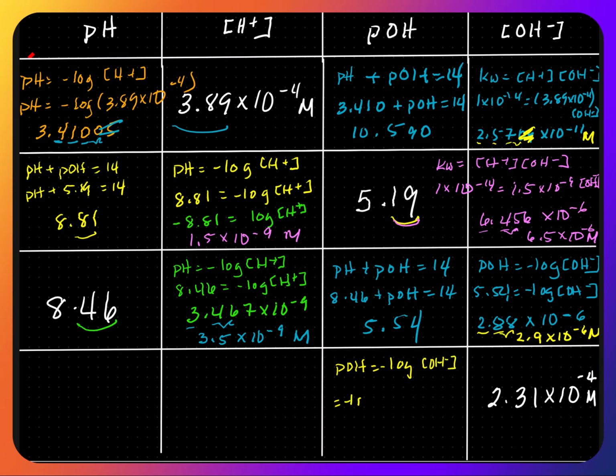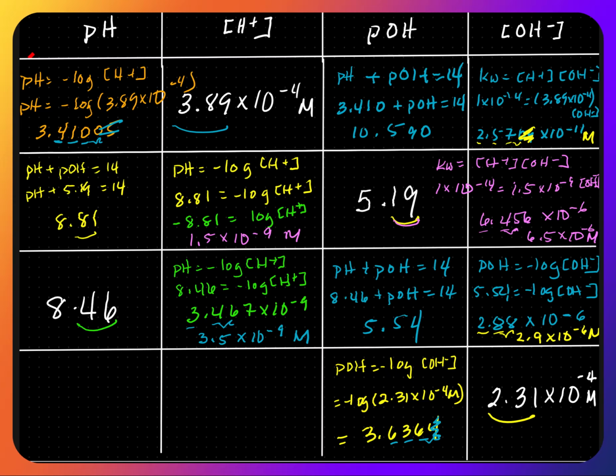This is negative log of 2.31 times 10 to the negative 4th molar. This equals 3.6364. My concentration has 3 sig figs. I need 3 sig figs in my pOH, which starts after the decimal. 1, 2, 3. I look 1 to the right, so it just stays as is. So my answer is